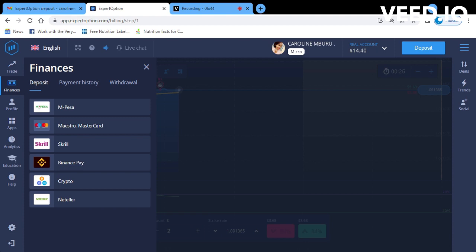I didn't want to use M-Pesa because I could see complaints from people online that the M-Pesa option is there when you want to deposit, but it's not there when you want to withdraw. In my case, the M-Pesa option was not there when I was depositing, but after the deposit, you can see it's here. So I didn't want to use it because I felt like it had some issues. So I just went for the card. I put in my card and deposited the $10.